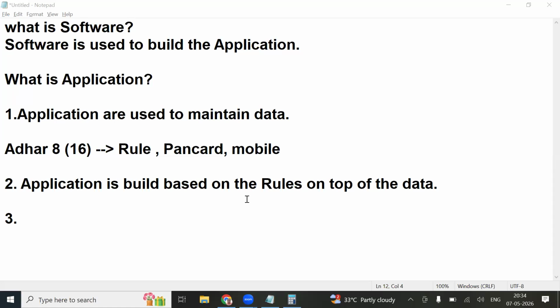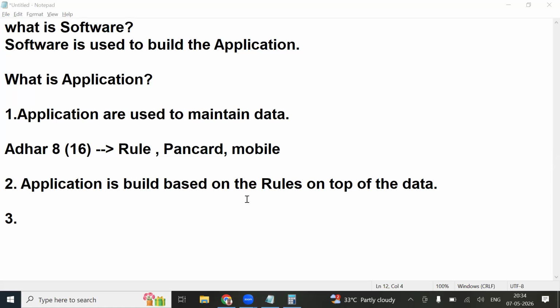But the aim of developing an application is not only collecting data, right? Your question is a very good question, actually. Let me give an example.